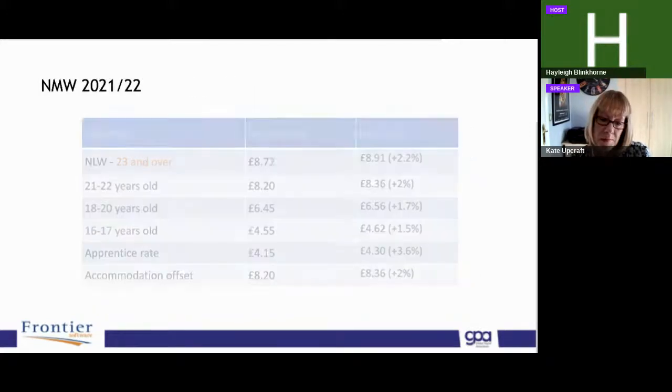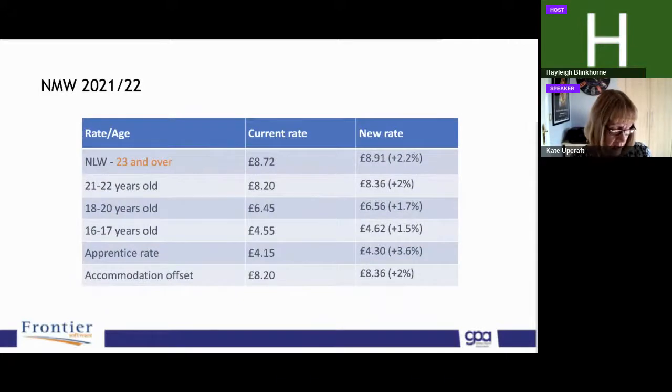Next one please. The big increase concern for employers is what happens with national minimum wage from the first pay period that begins on or after the 1st of April, because this year in the UK the top rate of national minimum wage goes down from age 25 to the 23 and 24-year-olds. So they're getting a very significant uplift of 8 to 9%, whereas the headline rates themselves haven't got enormous uplifts as had been expected, but because we're bringing more people into the headline rate, that's a significant increase for that